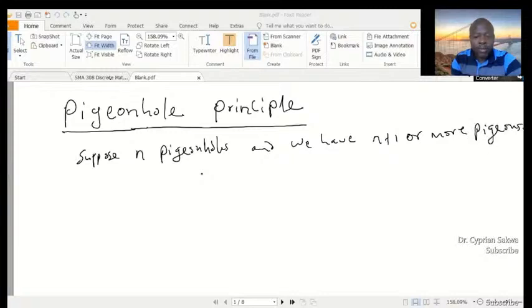I want to see how these n pigeonholes will occupy the n plus 1 or more pigeons. If you try to distribute the n plus 1 or more pigeons in the n pigeonholes, then you discover that at least